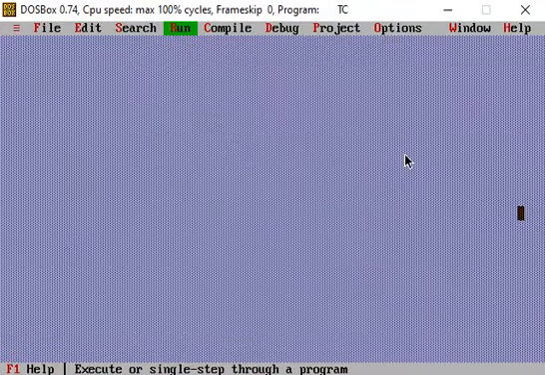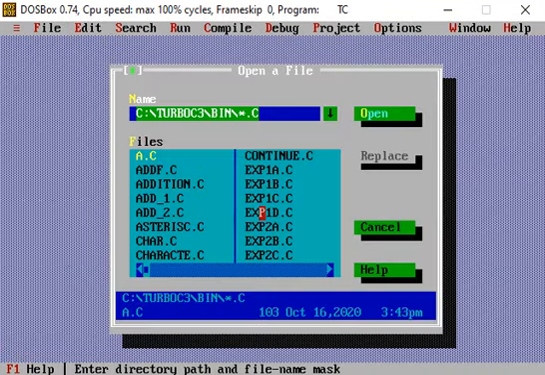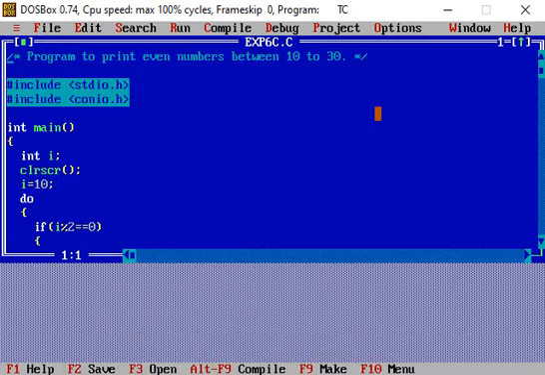Now let us consider the third example program using the do while loop. Again we will open a saved file by clicking the File menu, and from the drop down menu select the Open option. Then a file window opens. We select the stored file, that is 6C. So experiment 6C is the third file using the do while loop. Clicking the Open tab opens the file.